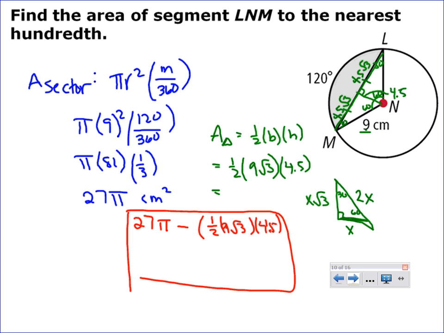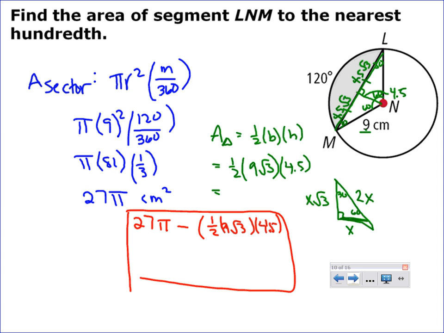I'm doing it this way so that I remember that my rounding isn't going to affect what I have. As I plug it in, I'm going to do the one on the right first, because I don't have a calculator you can plug everything into. So I'm going to take 1/2 times 9 times the square root of 3 times 4.5. It gives me 35.07. Then I'm going to take 27 pi